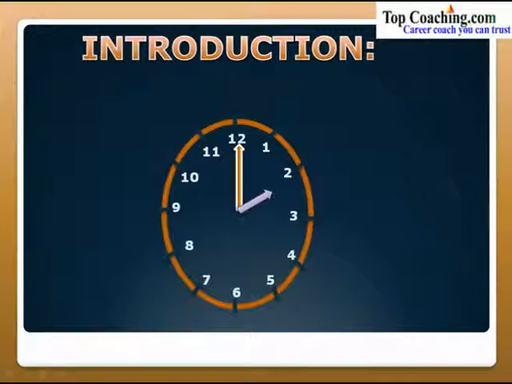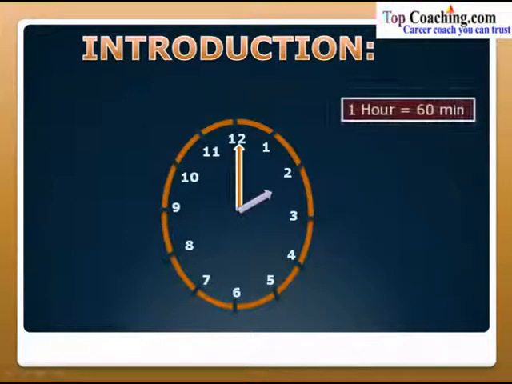This denotes 5 minutes, this denotes 10 minutes, this is 15, this is 20, this is 25, this is 30, this is 35, this is 40, this is 45, 50, 55 and 60. So in 1 hour there are 60 minutes. So you can clearly see that during 1 hour the minute hand moves around these 60 minutes, and so in 1 hour or in one complete round the minute hand has gone from the 0 marking to the 60th marking, or it has covered 60 minutes. So every hour has got 60 minutes. Similarly every minute has got 60 seconds. So in all, in an hour there are 3600 seconds.